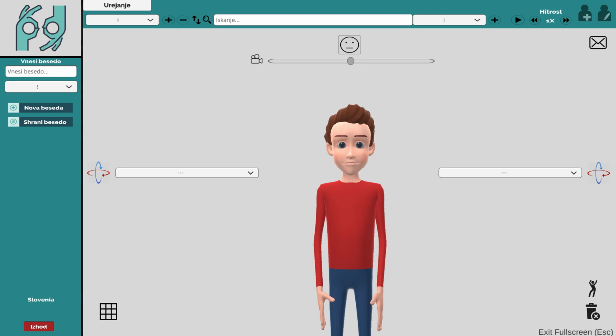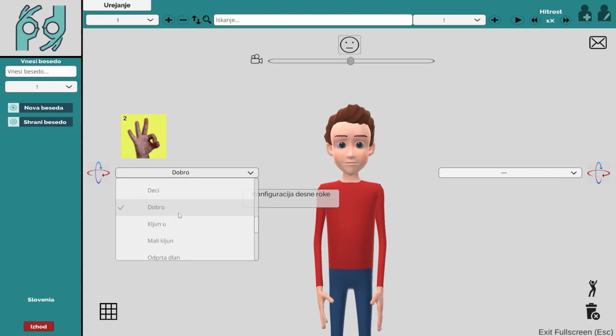We will start by making the Slovene sign for a cat. The sign for a cat is very intuitive because it's basically showing the whiskers a cat has. We can start by finding the correct finger positions. In our case, the positions will correlate to the finger position marked as dobro.